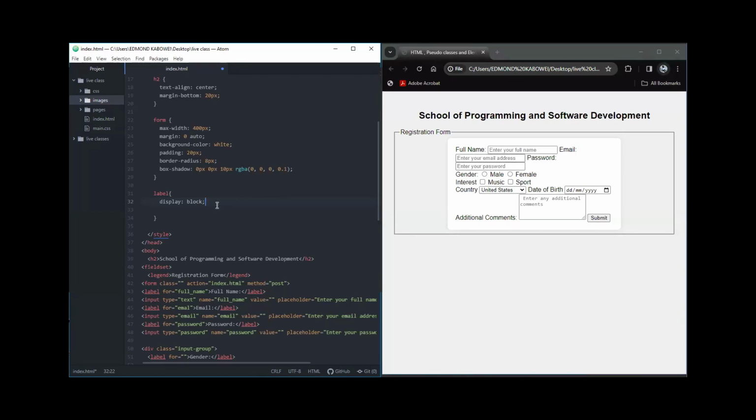So I have set the display. So if you recall how we learned how to display elements on HTML using this display property, the block is going to make sure